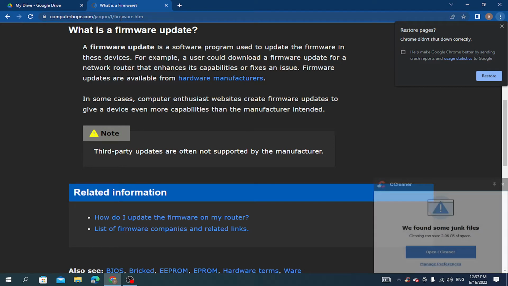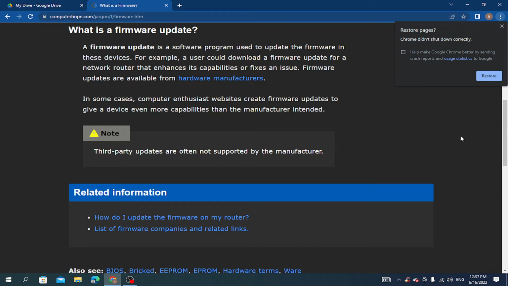A firmware update is a software program used to update the firmware in these devices. For example, a user could download a firmware update for a network router that enhances its capabilities